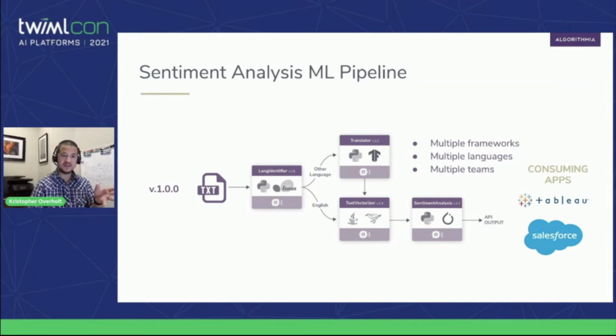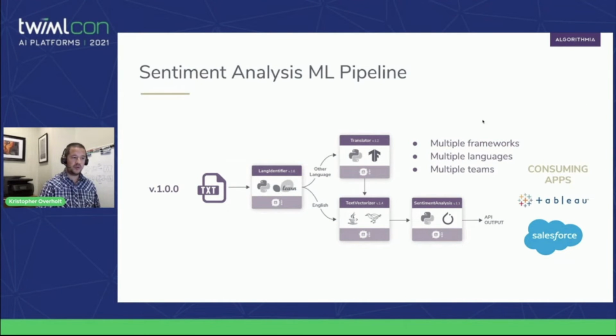So the cool thing here is you might notice each one of these boxes is an algorithm. So this is 4 algorithms being represented here. Each box could be its own language, its own version. Some might run on GPUs, some on CPUs. So basically, what I'll show you really quickly is how to take a pipeline like this, how it works, and